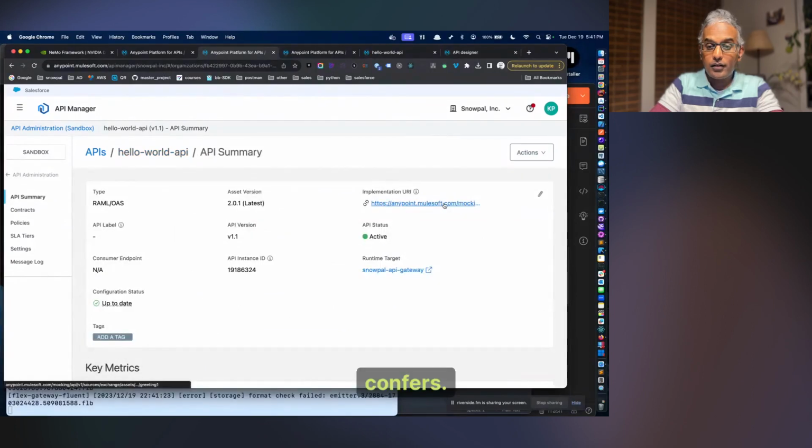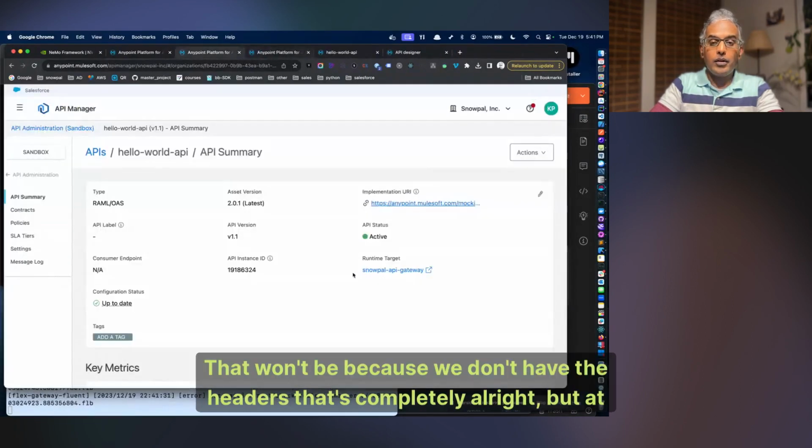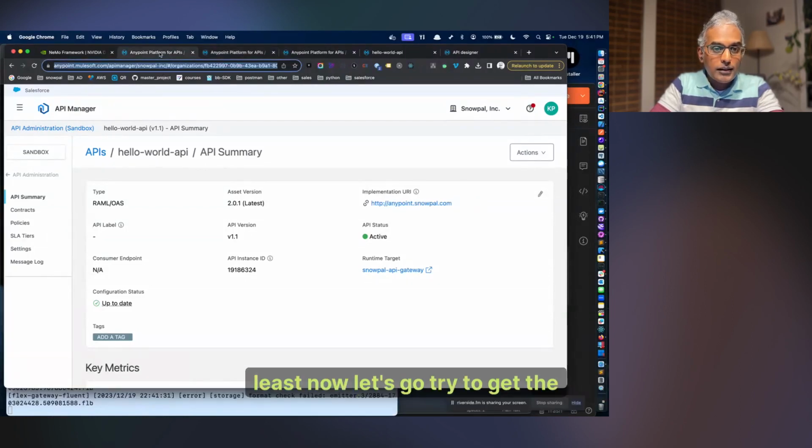Latest configuration. Yep, that won't work because we don't have the headers. That's completely all right. But at least now let's go try to get the